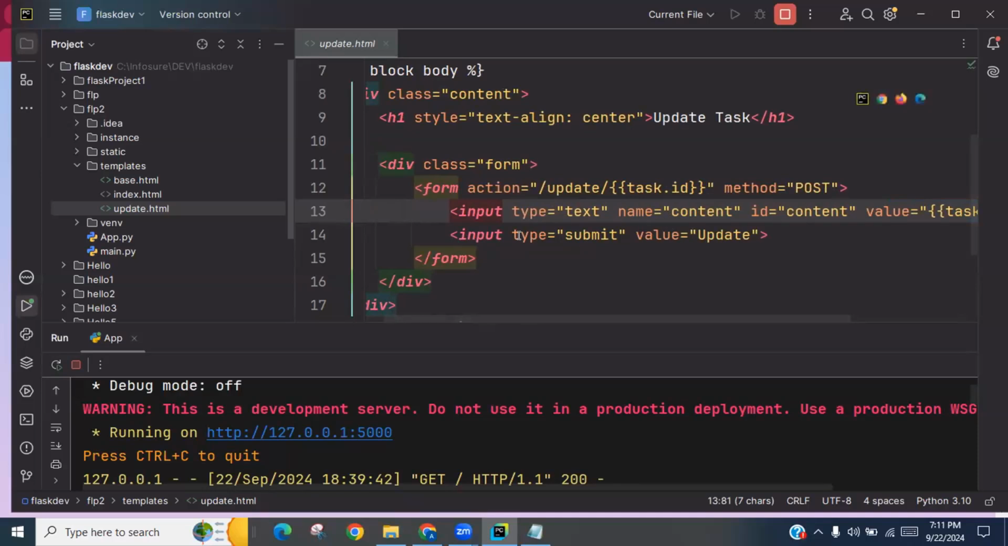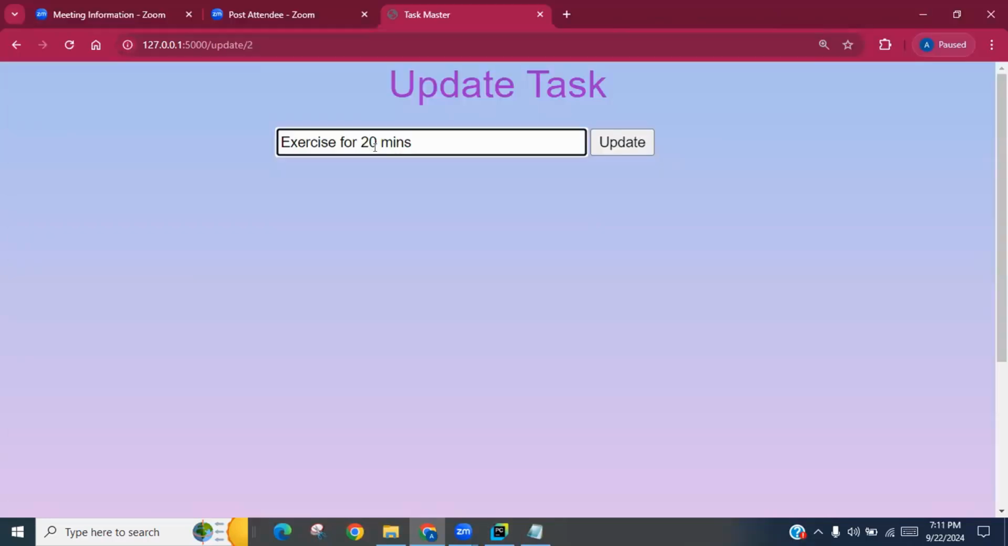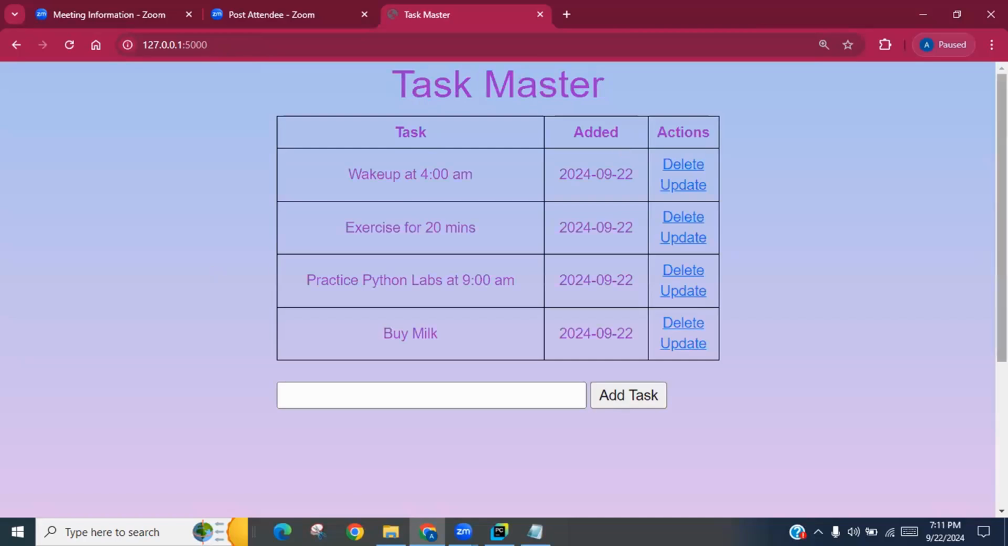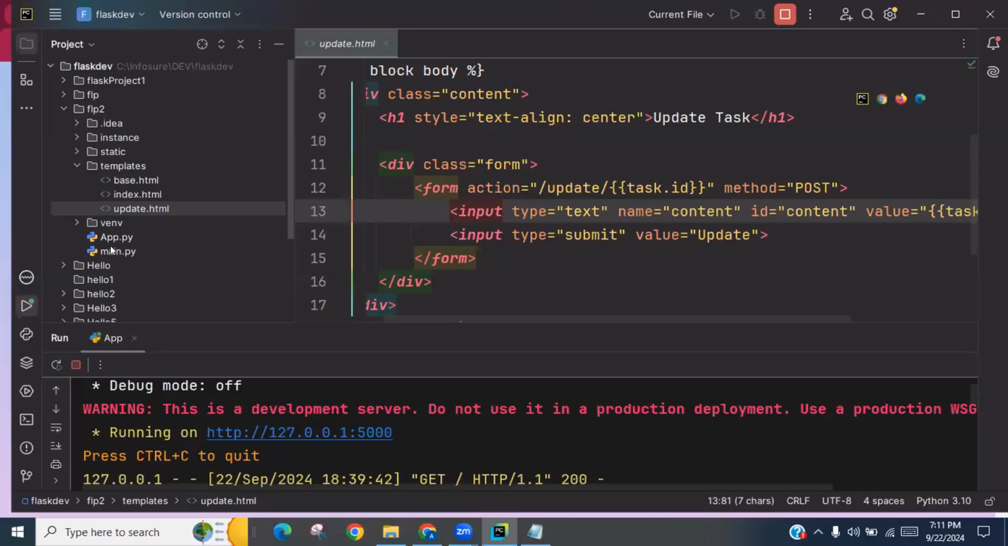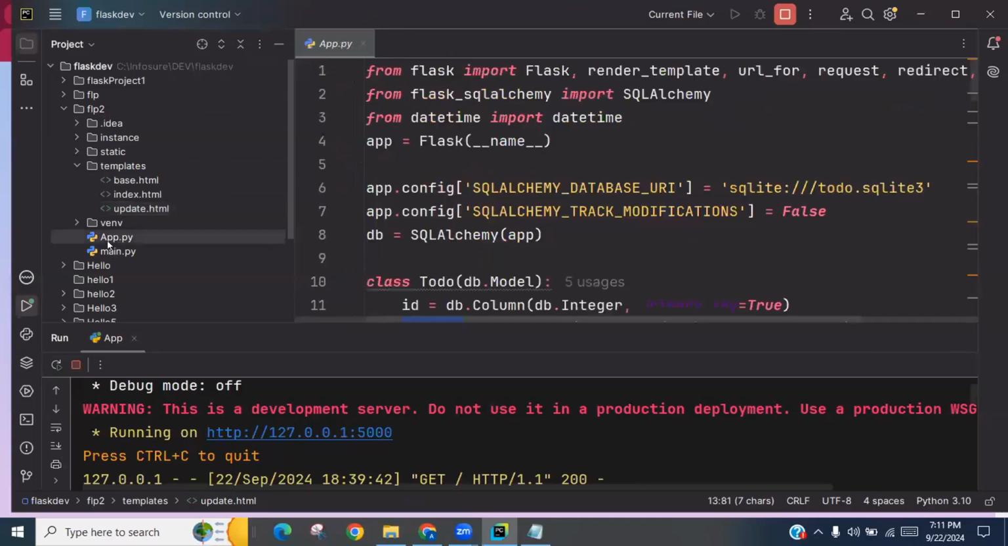A button means type equal to submit and value is update. So I can click this update now. Okay, so what will happen? The post will fire. So when the post fires, we have coded the post inside